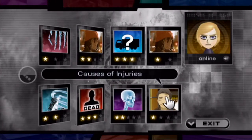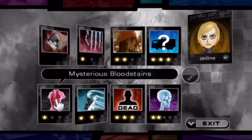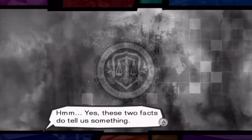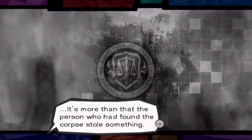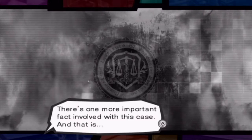Okay. Alright, so what can we do? They've got some sort of injuries. Huh, yes, these two facts do tell us something. Well, maybe we'll come back on that later. It's more than that the person who had found the corpse stole something. There's one more important fact involved with this case, and that is...